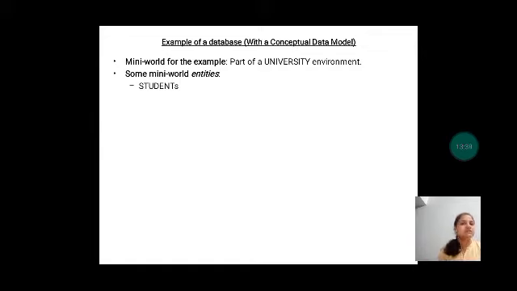First thing is students. Without students, the university cannot run, right? So students are a must, and students are one entity. And then courses. A university should of course offer some courses. Without courses, universities are of no use, right? So courses are another entity of the university database.